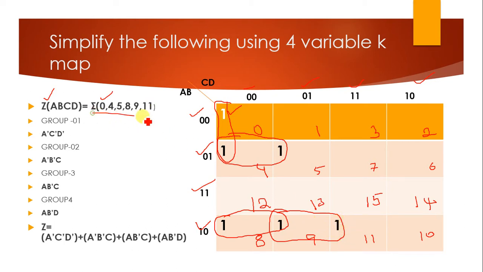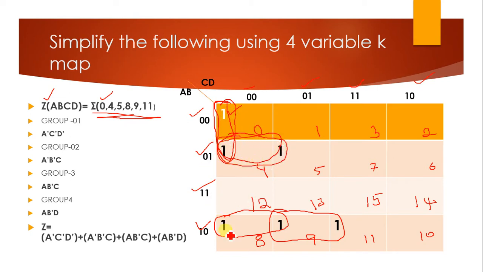This combination is possible in a 4 variable K map, and also in a 3 variable K map. But for easy understanding, you can first plot these individual values. So let us start with grouping. In group 1 you can make 0 and 4 as one group, because there is no fourth one. You cannot make a quad. You can make only two groups, so 0 and 4 will become one group, 4 and 5 will become the second group.